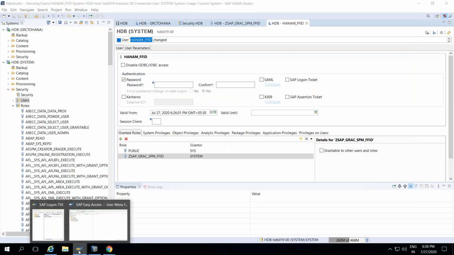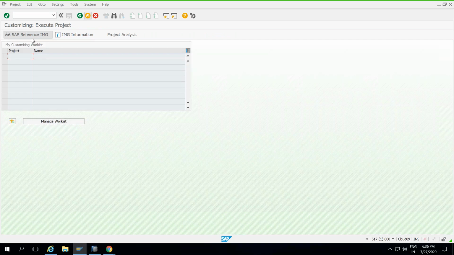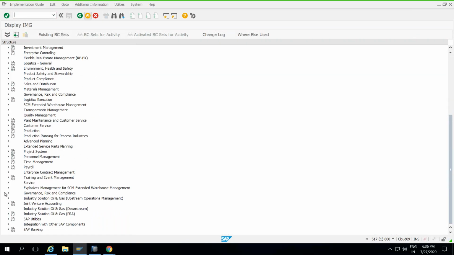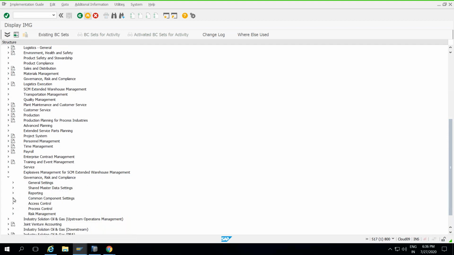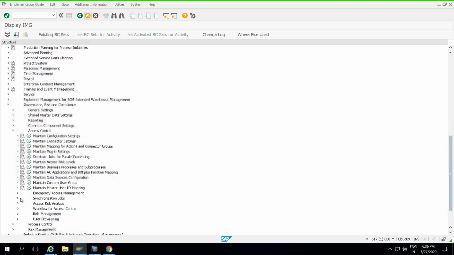So once you go there, SPRO, do one more time. RS is taking some time to pull the data from back into here. Access control synchronization.